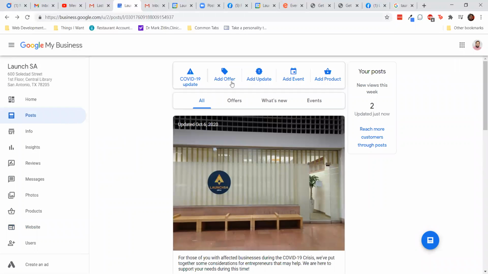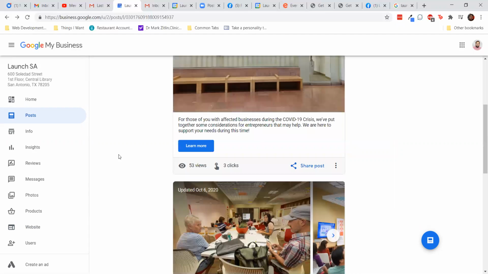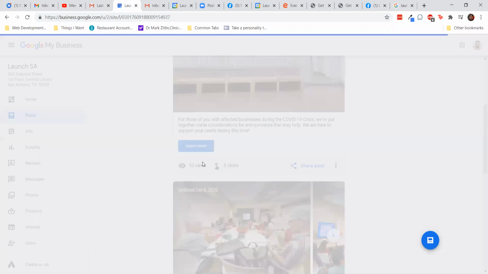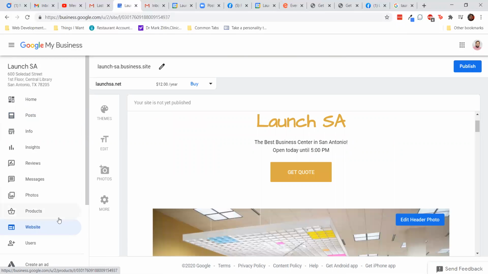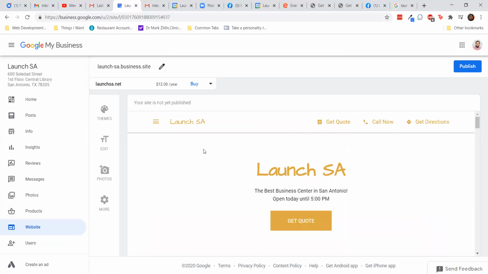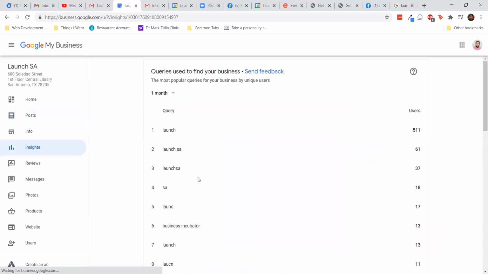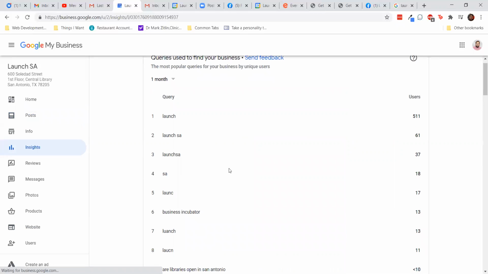So you can do offers, COVID updates, general updates, events, and again, products. And those are going to be pulled directly from the post section here to your site. So you can get more customized as you fill out the information on this site. And if you are to utilize this feature, then the insights that you pull will show you how people are